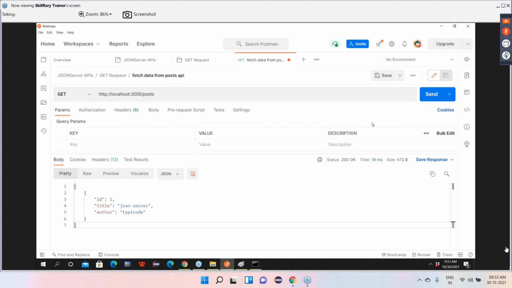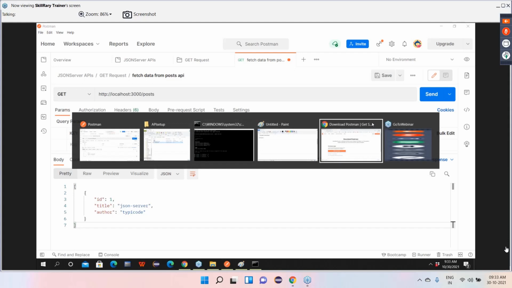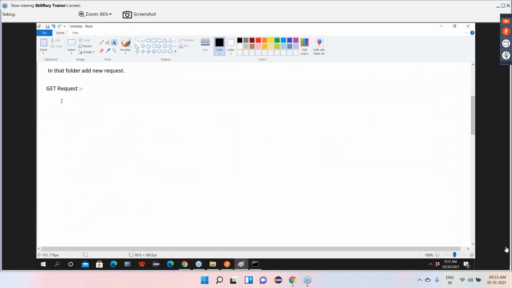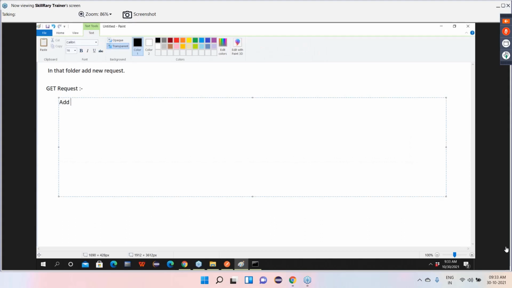Okay. Now, guys, so how to send GET request? First, add a request in required folder. Okay.